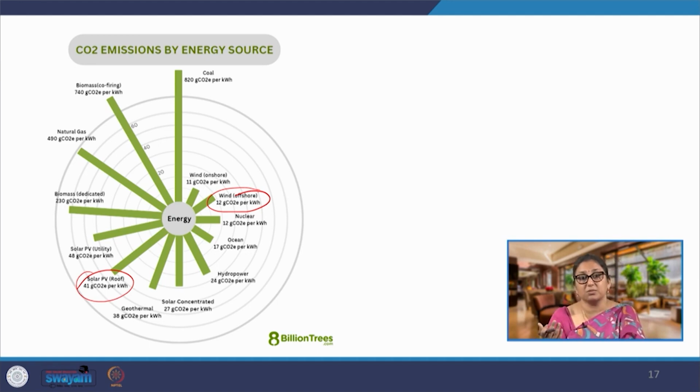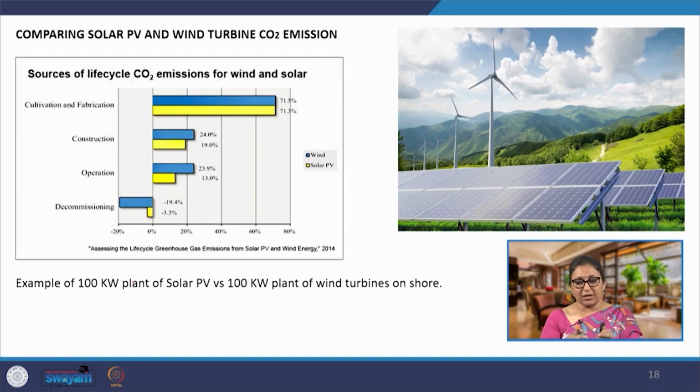What is more feasible is what we have to keep in mind while selecting. Only these numbers will not work. Let us look at one of the examples. This is not comparing which one to choose, but just giving you an example. For example, if we look at the life cycle carbon dioxide emissions for wind and solar, if we compare the two, we will see that wind